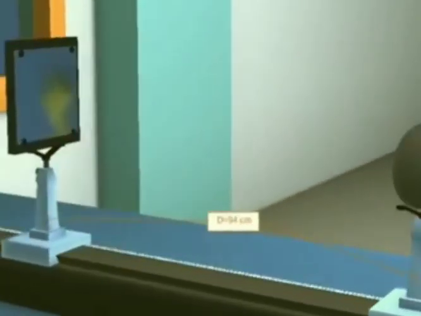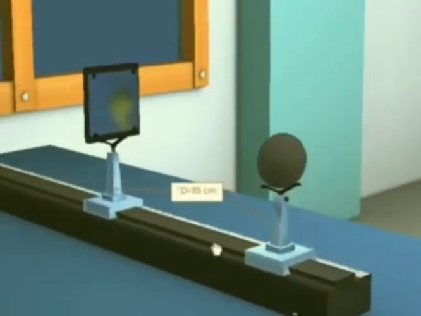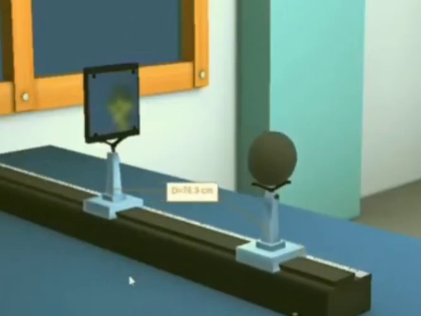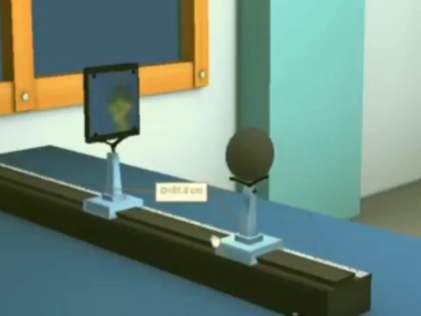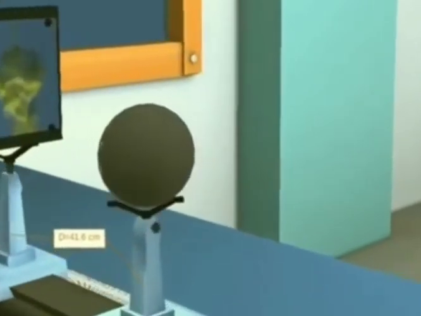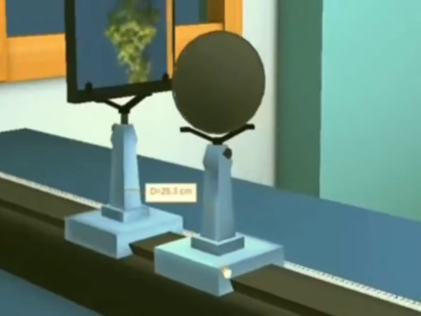Now let us try to obtain on the screen the image of a candle flame formed by a concave mirror. Take a concave mirror and hold it facing a building or a tree. Try to move the mirror, holding it in a manner that forms the image of a tree on a screen. You will find the image is inverted and smaller in size as compared to the object. This image, which can be taken on a screen, is called a real image, and it is an inverted image.